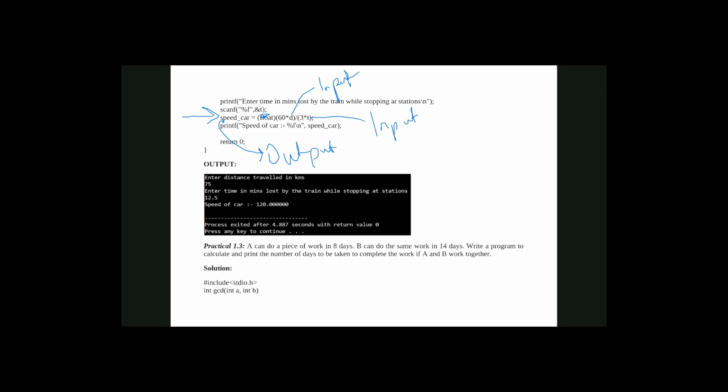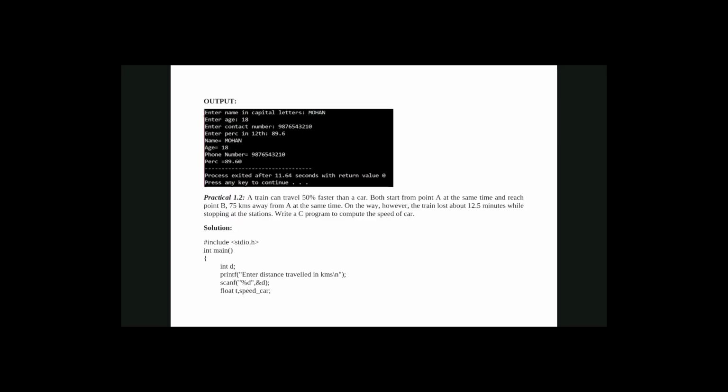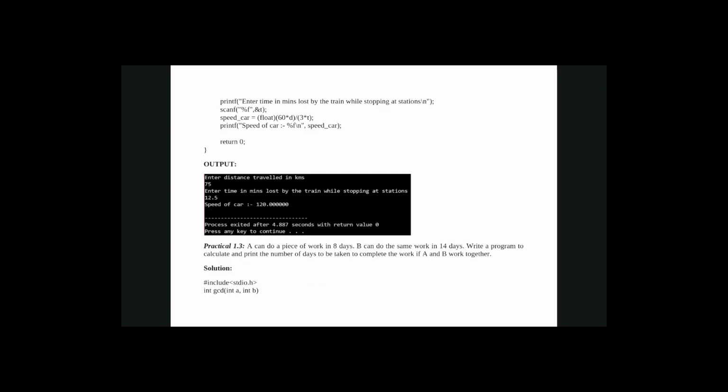So according to our first step, first we have to create the memories, that I showed to you. So first we create the memories, then we provide the data to the memories. So here, with the help of scanf, we are providing the data. So scanf is used for input. This is the first input we are providing, and this is the second input we are providing. Okay, these two inputs we are providing. So that's why two scanf.